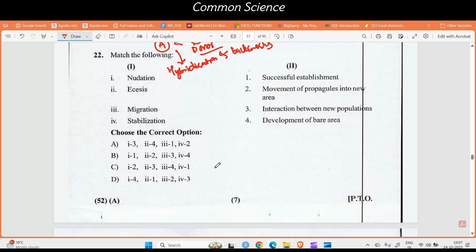Question number 22 says, match the following. These are the different steps of succession. So, nudation is the development of bare area. Ecesis is the successful establishment. Migration is the movement. Stabilization is the interaction between new populations. If you knew about nudation, you could have easily done this question, which is option D, the correct answer here. Okay, moving on to the next question,